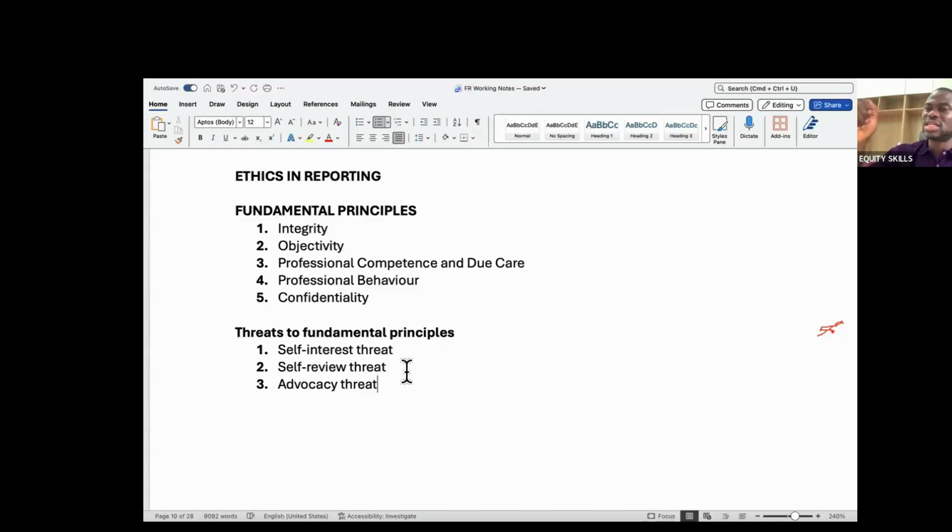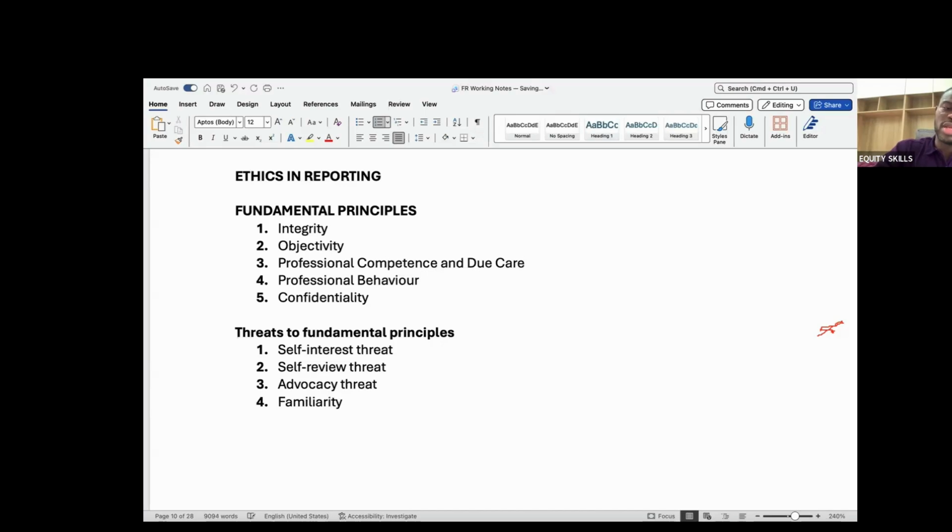When you're providing misleading information, meaning you're speaking on their behalf, but it's wrong. Or you are asked to come and testify in a court of law, and you are there, there's an advocacy threat there. You're saying the wrong thing, what is not right. Advocacy threat. It can impair your integrity as a person, can impair your professional behavior, and it will belittle you as a person. So we need to know that it actually exists.